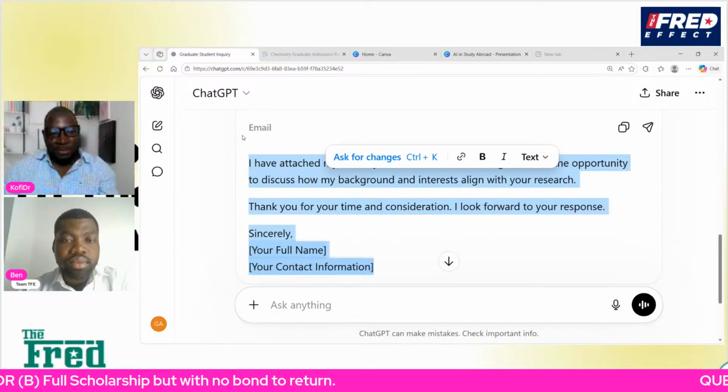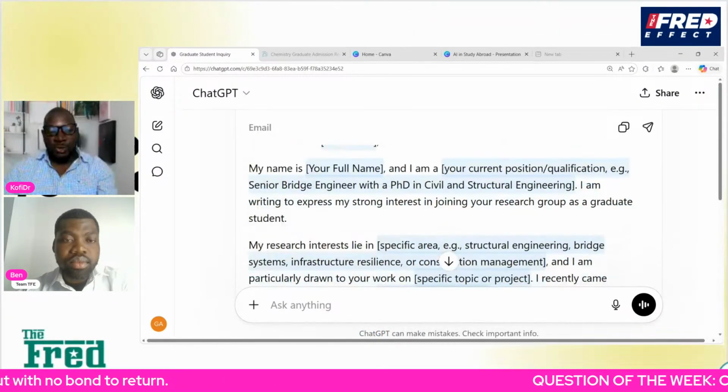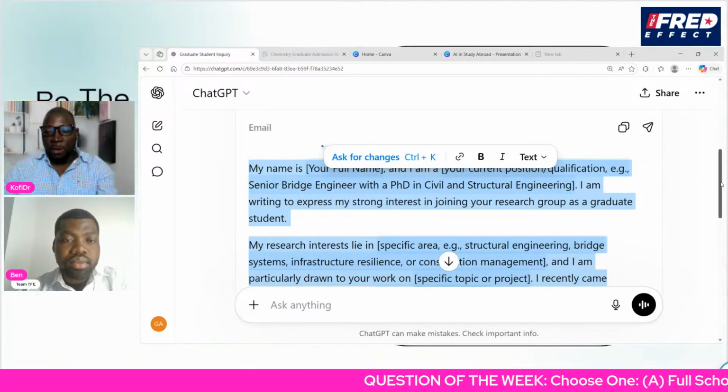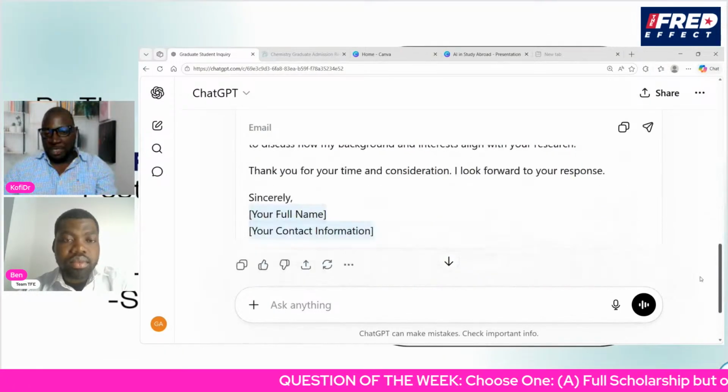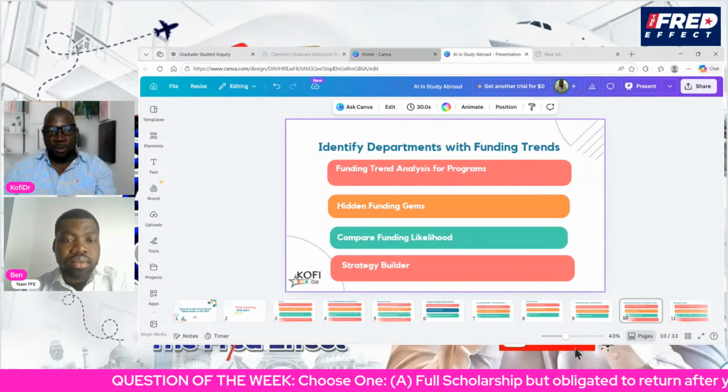So if you are someone who doesn't know what should be included, at least this should serve as a guide for you as to what to include when you are reaching out to a professor. So that's what that prompt does. The next prompt will be